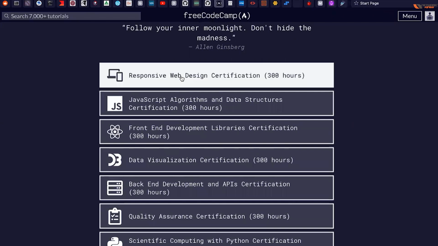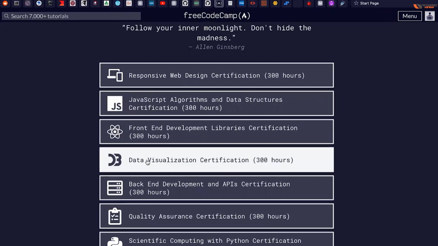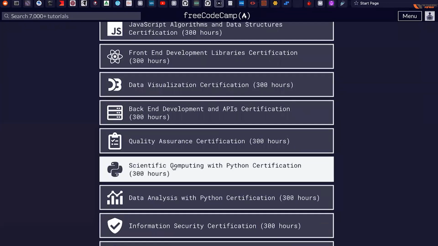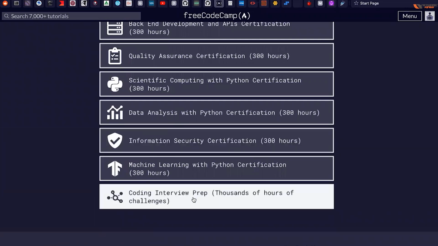This is for HTML and CSS, which is used for the web. This is for JavaScript. This is for data visualization for AI and ML, artificial intelligence and machine learning. You have Python, where you will start from the very basics of Python. Then you also have information security based programming, scripting, which we do using Python, and we can use a language like Go, okay? And then you also have coding interview preparations, so that if you have to go for a coding interview after your college or for your job, you can prepare through this.